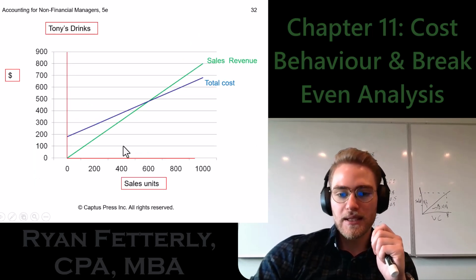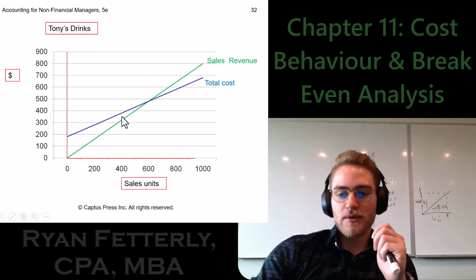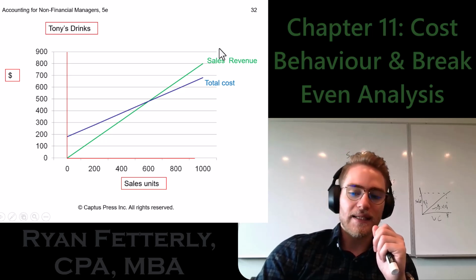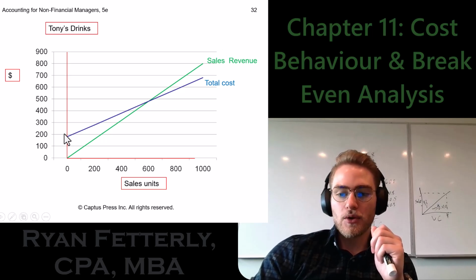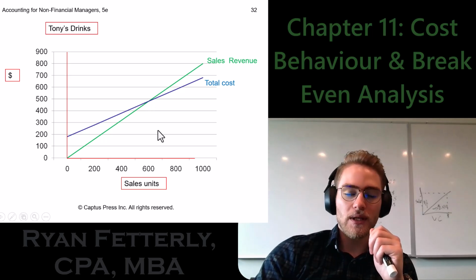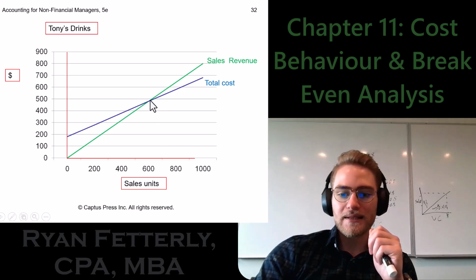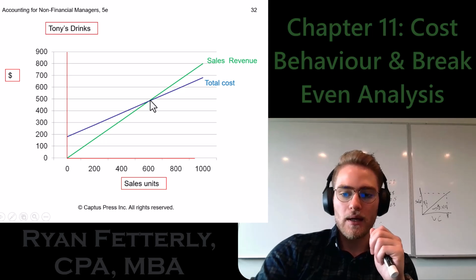So here's what that looks like, right? We have our sales revenue going up at a constant rate of 80 cents per unit. We have our total costs that are basically going up at a constant rate of 50 cents per unit. And this point here, where the two lines cross, that's our break-even